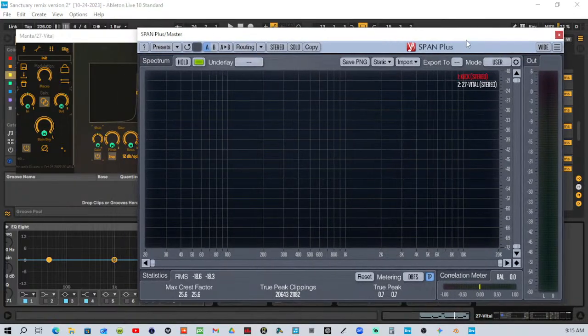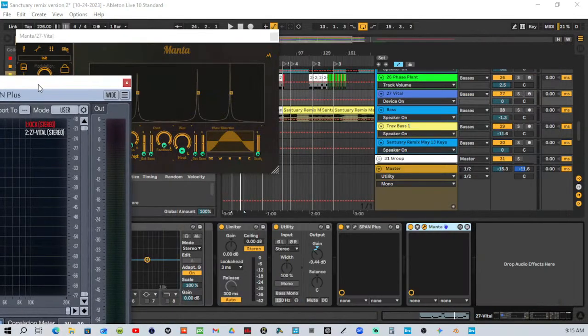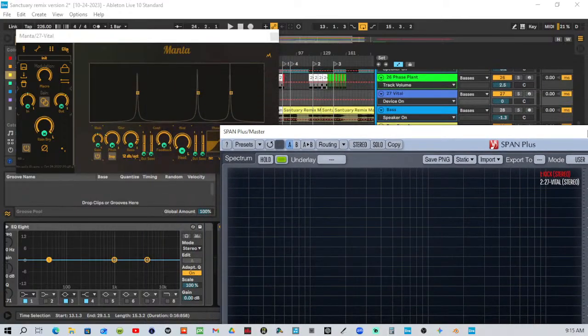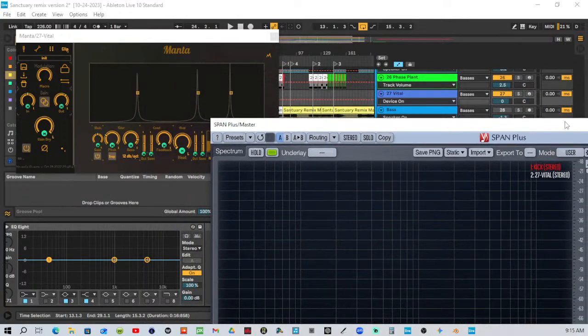All right, so we got Manta. Let's make sure it's on the right channel. Put it in front of Span. And so we'll do harmonics of 30. So we'll go 60, 120, and then 180. Let's try that. Let's see if we can do that